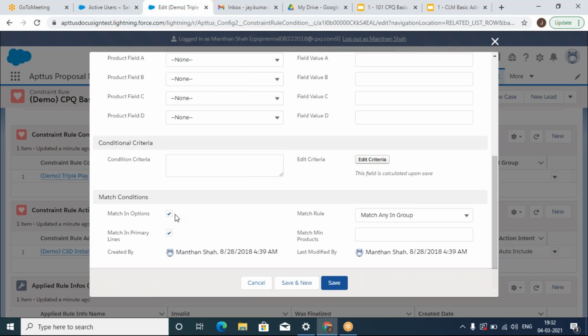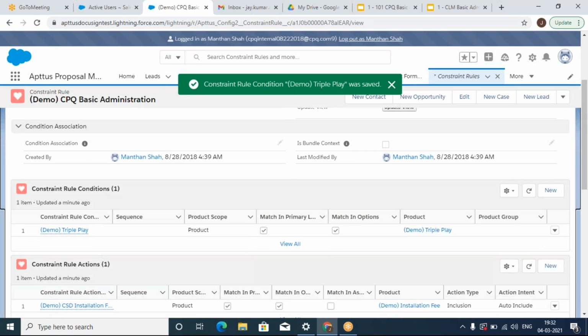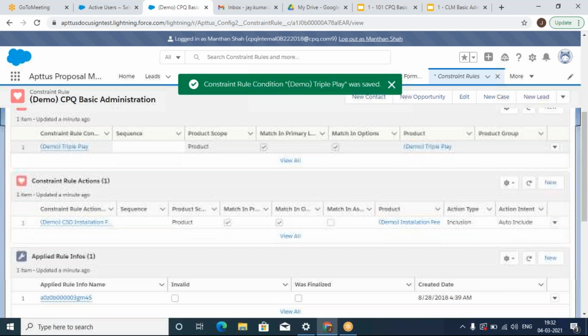If you want to make sure that the rule evaluates all the products, then you have to check both options, match in options and match in primary lines. You have to check both, and then I click on save. This is my condition, and then in my action,